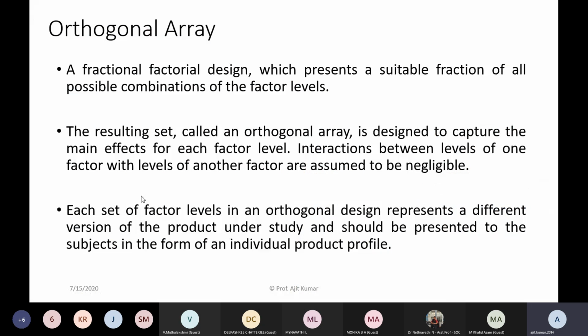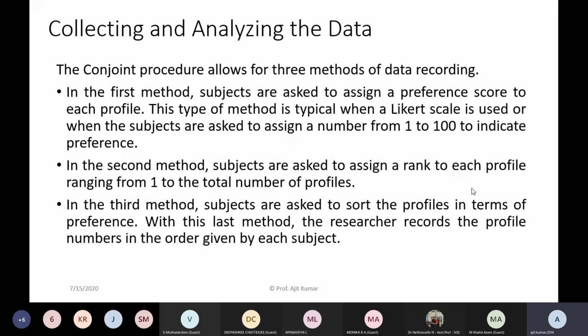This is something similar to your factor analysis, where when you have many variables you end up reducing the number of variables using factor analysis, right? This is parallel to that, used before actual conjoint analysis to reduce the number of combinations that are to be presented to respondents. All right. Now you are supposed to collect and analyze data.